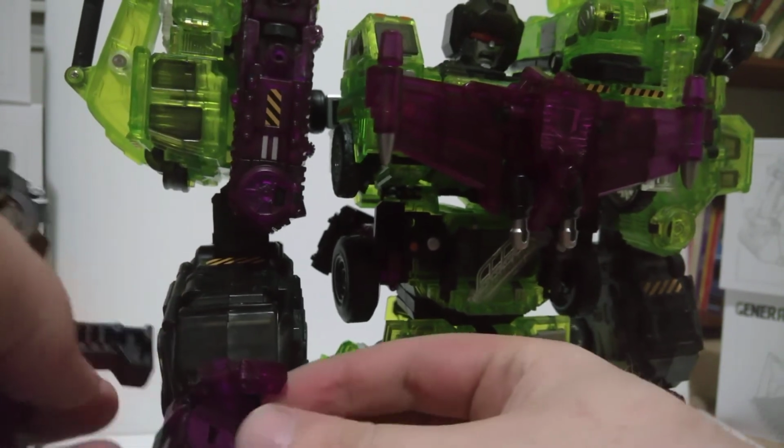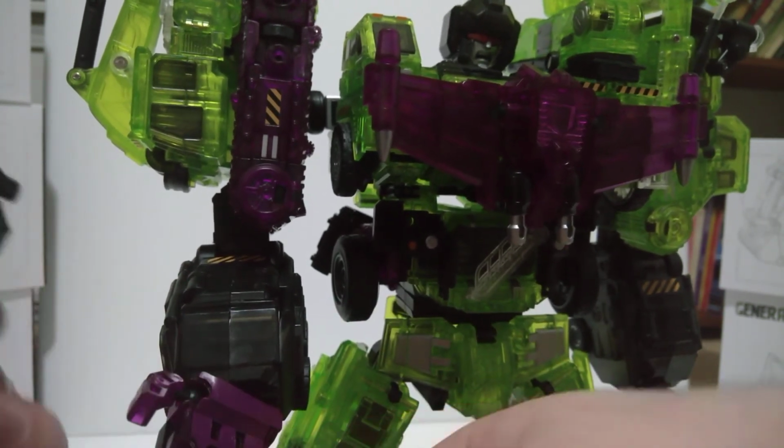It does not want to fit in that slot. Maybe there's something that needs shaped down. There's some flash on the tip here or something. So for now, I'm just going to leave this gun aside for the review. If I get it back in there later, I'll just take a picture of it. Alright, let's roll him back. Quite literally, all his wheels seem to be wanting to move him. And let's...